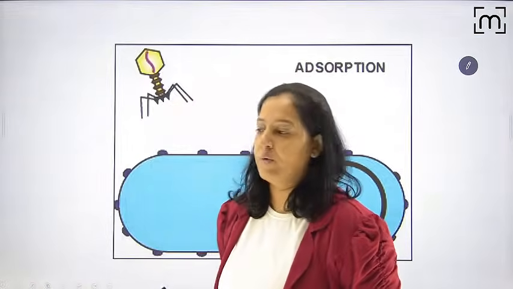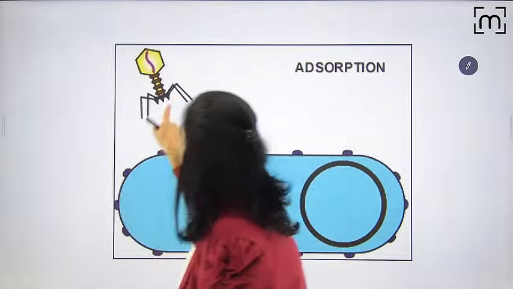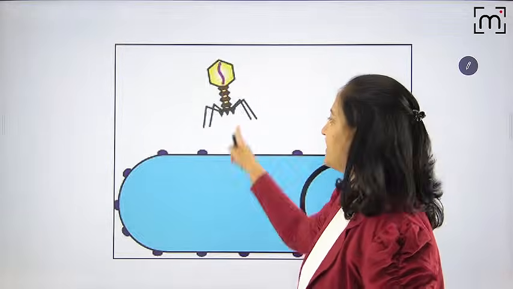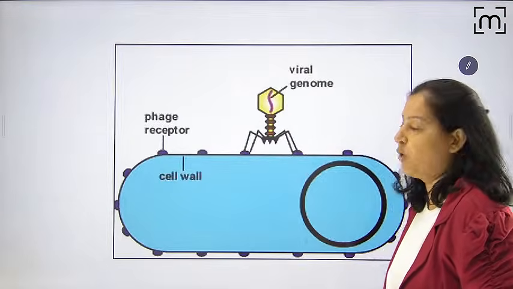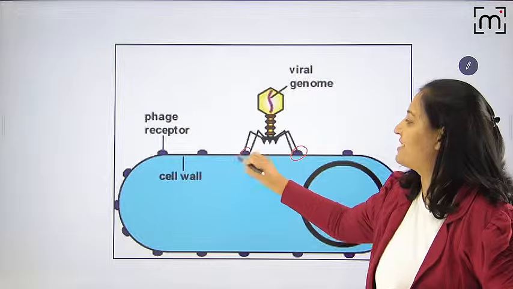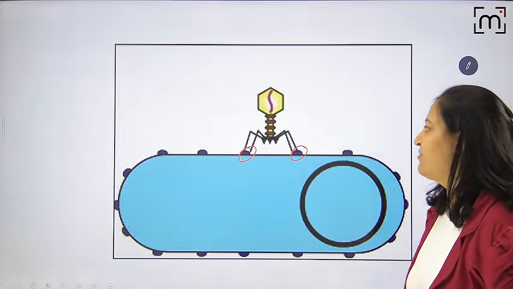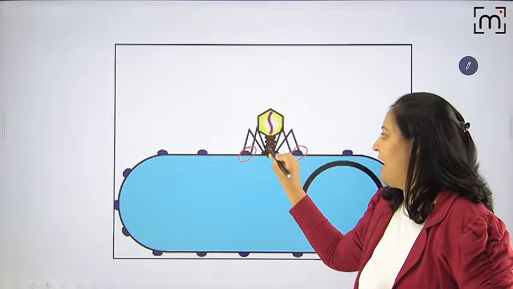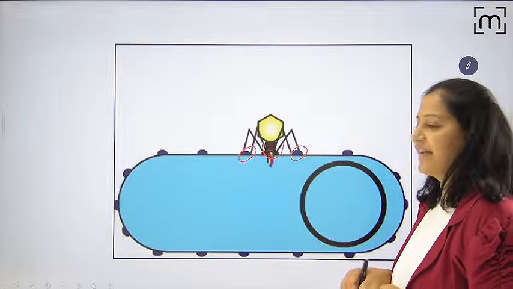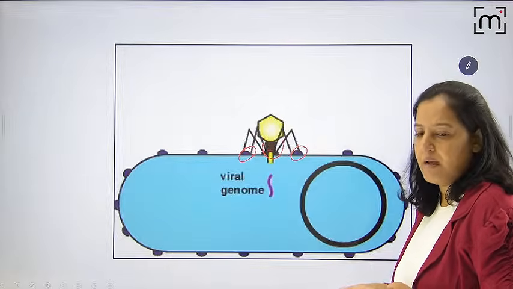Okay, now see this video. Appreciate it. You can see this is the virus, this is the host cell. The first is attachment. It is coming and attaching over here. Appreciate the specific receptors. This step is attachment. Now it will penetrate. Penetration is there. It is penetrating inside. Can you appreciate it? It's slow, but appreciate it.